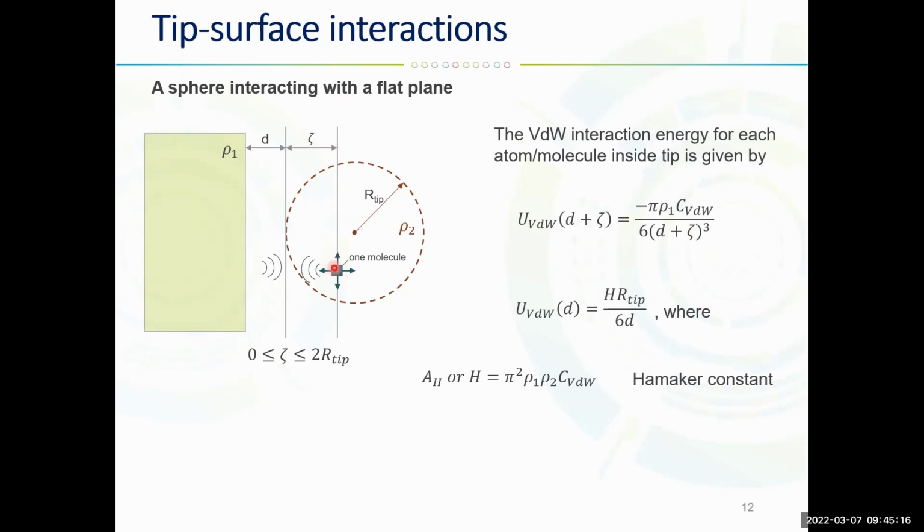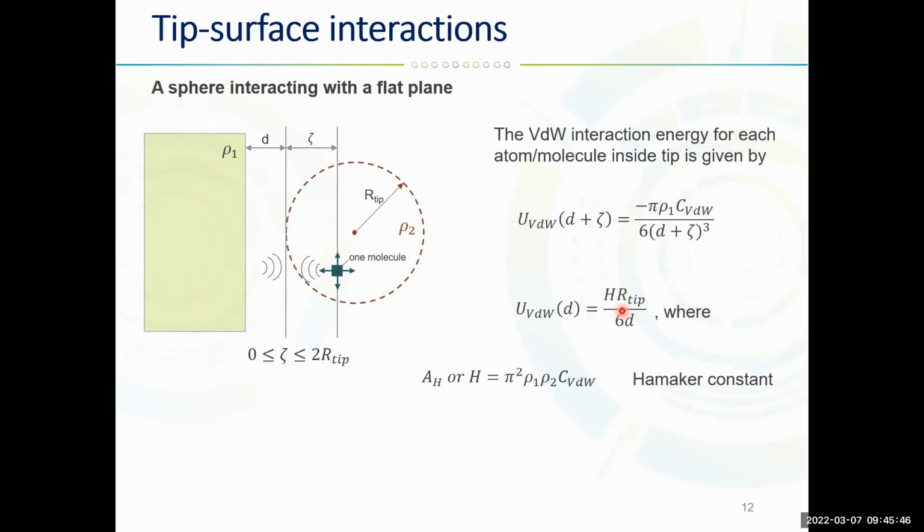So zeta is here, and now we have basically two distances to think about. I didn't put here all the calculations, so this is the final equation. Basically, here we have the radius of the tip divided by 6d, and